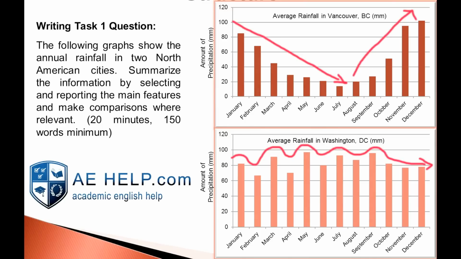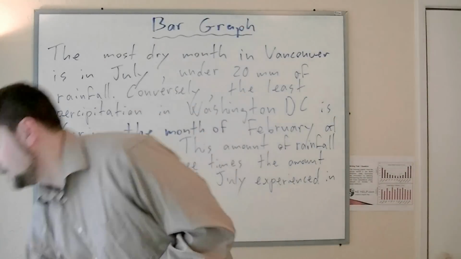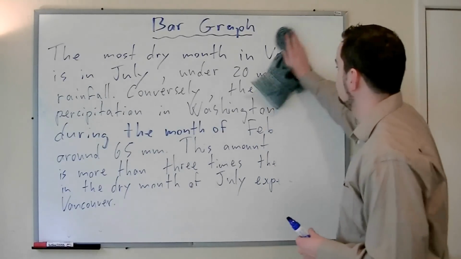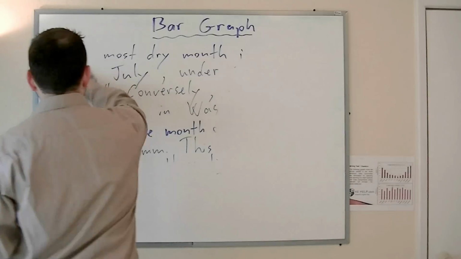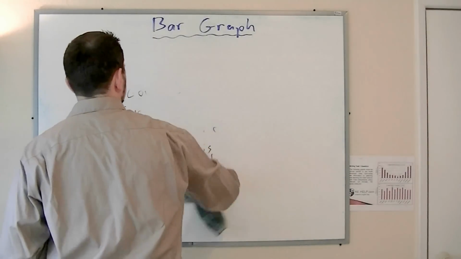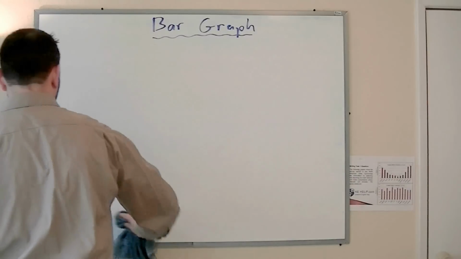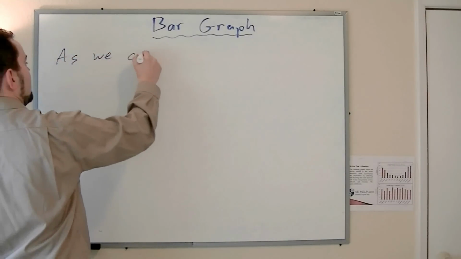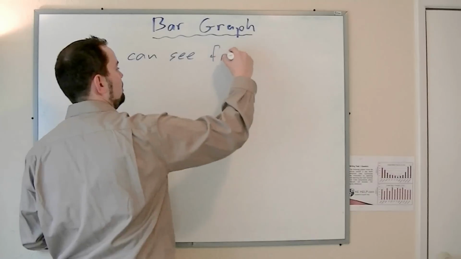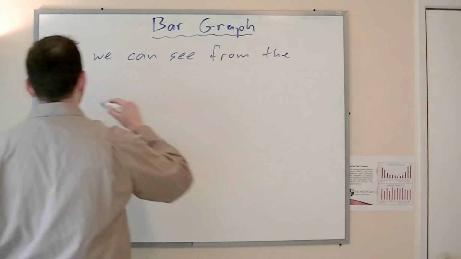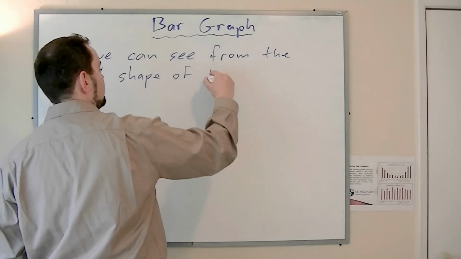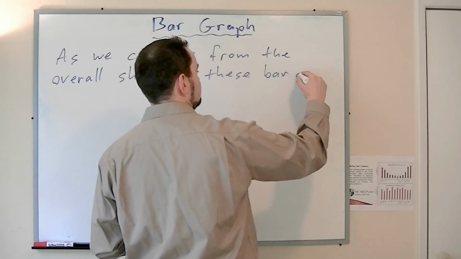So let's talk about the overall shape. So again, one paragraph, we're continuing from the end of this sentence here. As we can see from the overall shape of these bar graphs,